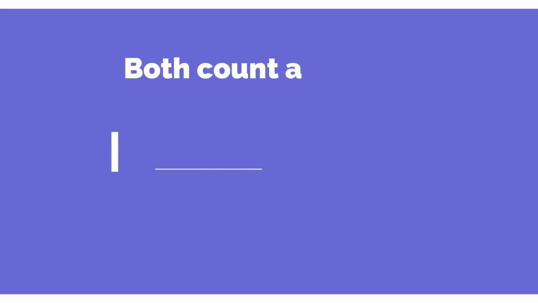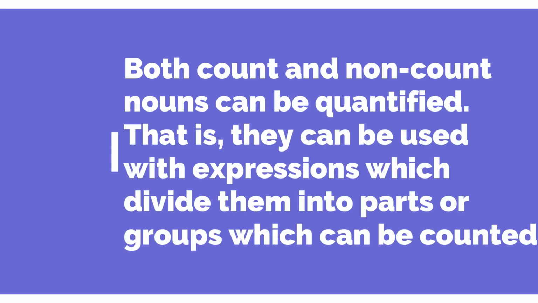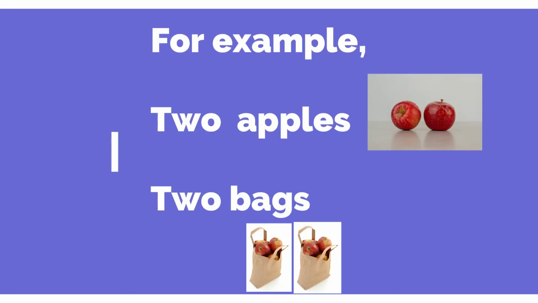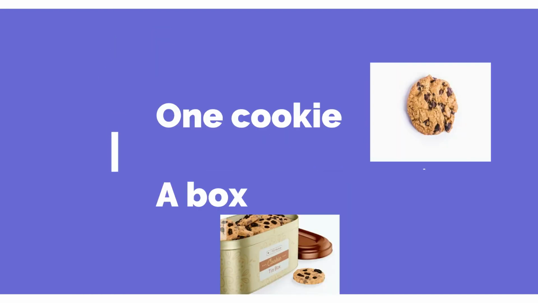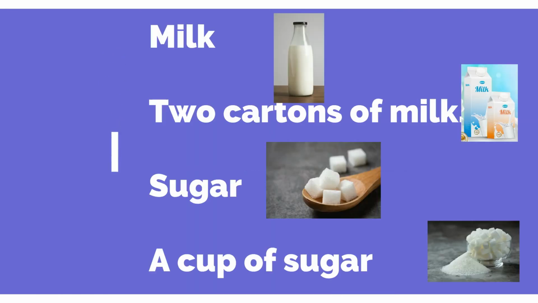Both count and non-count nouns can be quantified. That is, they can be used with expressions which divide them into parts or groups which can be counted. For example, 2 apples, 2 bags of apples, 1 cookie, a box of cookies, milk, 2 cartons of milk, sugar,